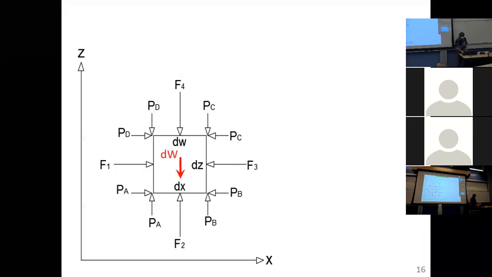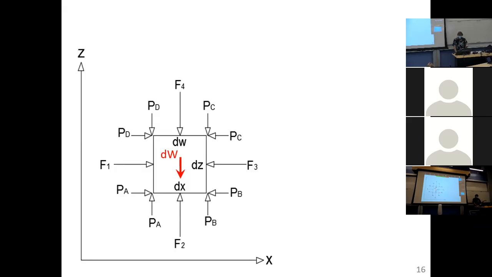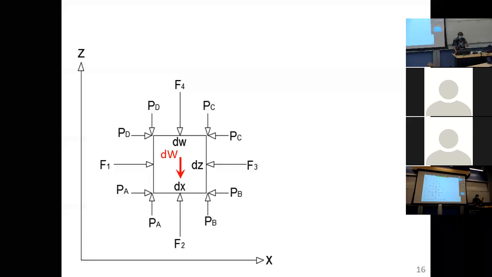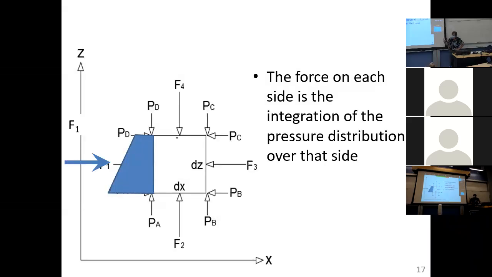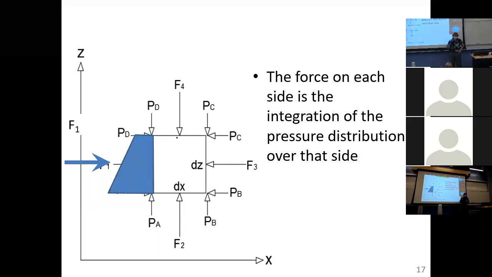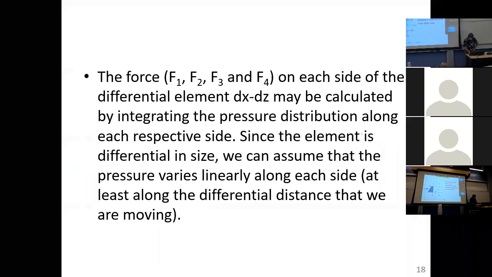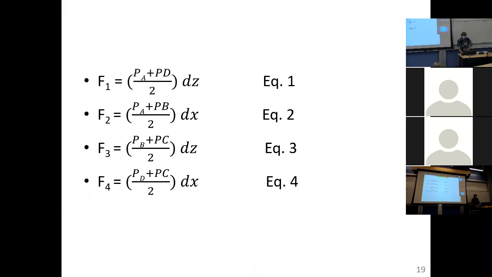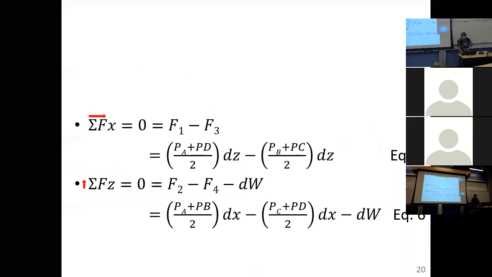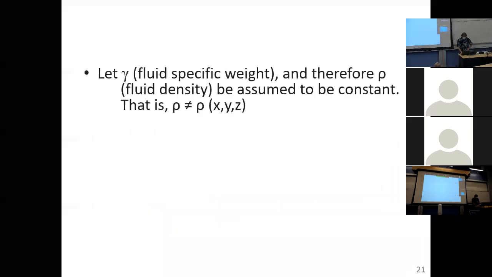And so what we did was apply Newton's first law to this: the sum of forces in any direction is equal to 0. Not only do we have these pressure forces on the outside, but we have one body force. We call that the weight. And again, when we integrate the pressure distribution over any side, we get a force, and that is a vector. So when we did that, the next thing we did was, instead of looking at these pressures PA, PB, PC, and PD, we said, let's just say that we have